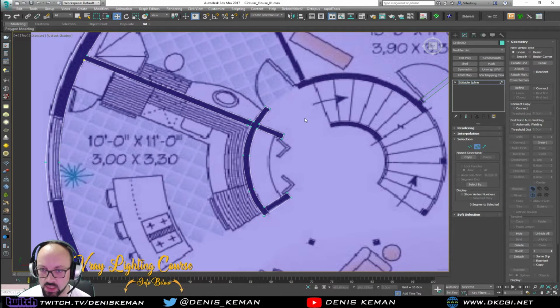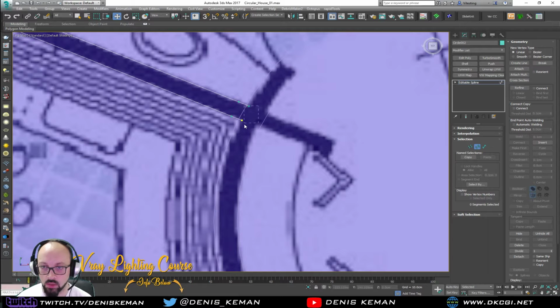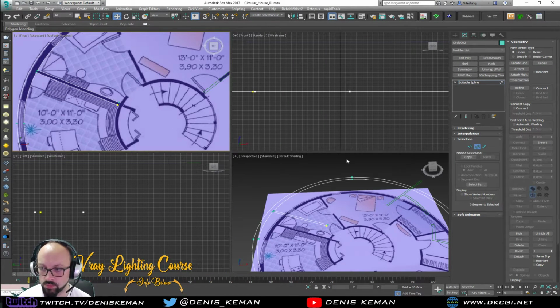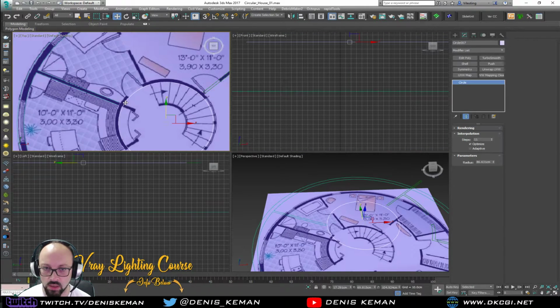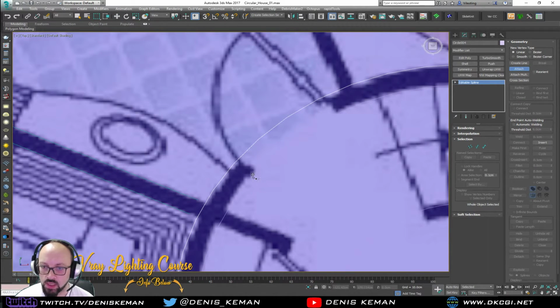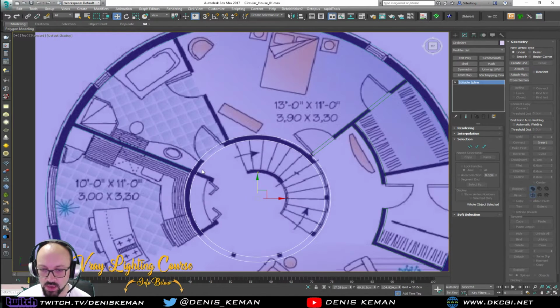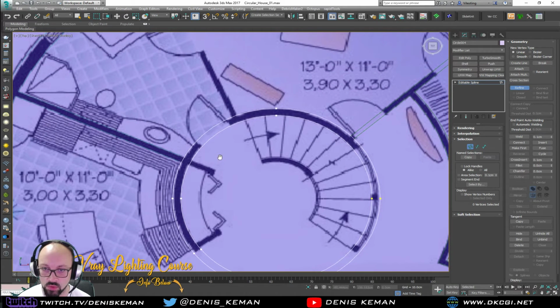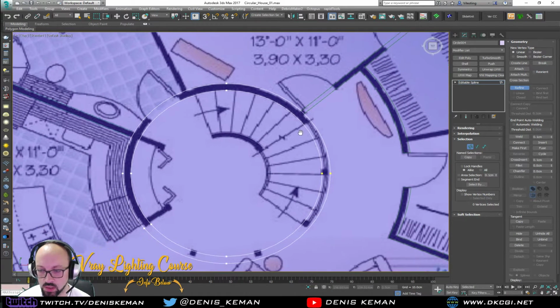So I'm going to go ahead and again delete the thing that I just created previously, because I do want to use this circle in the middle. It's going to be a perfect cut. There we go. So this one and this one, convert to editable spline, attach together both of these, and now just simply use the refine to define where I want them to stop. So over there I want them to stop, and